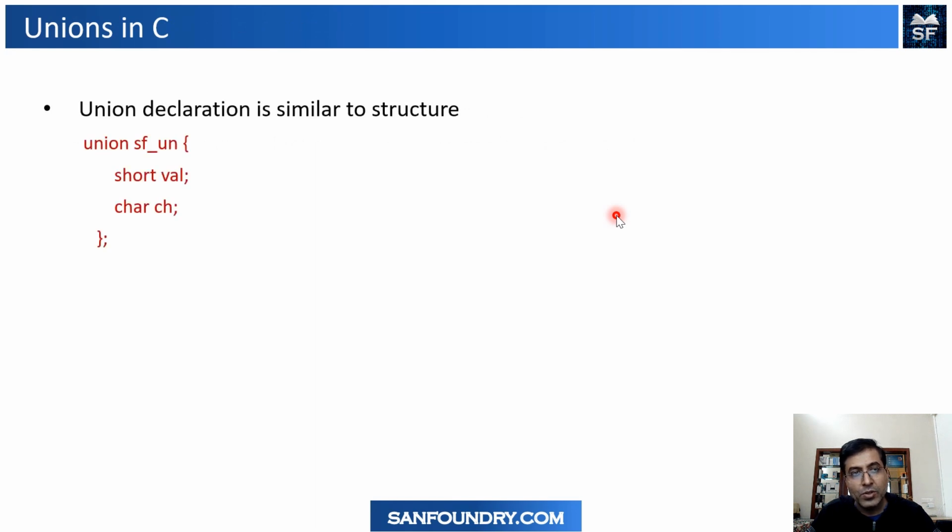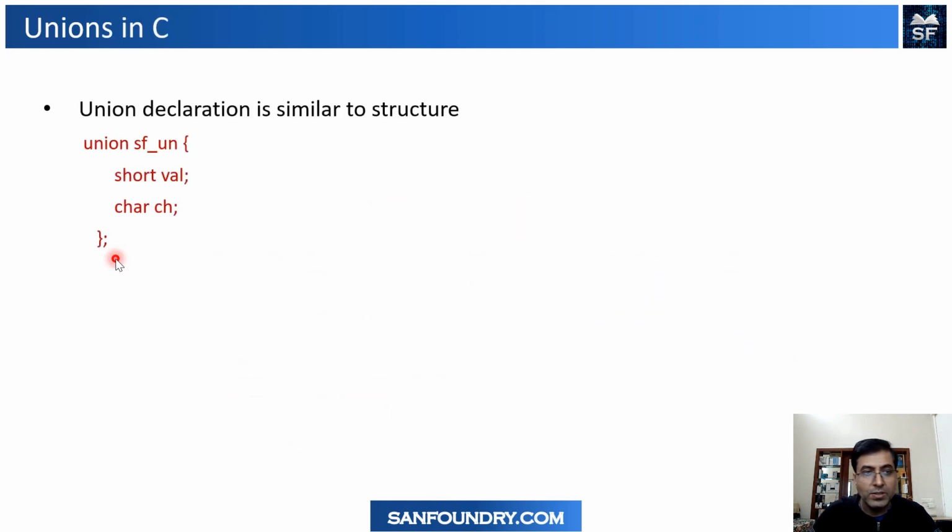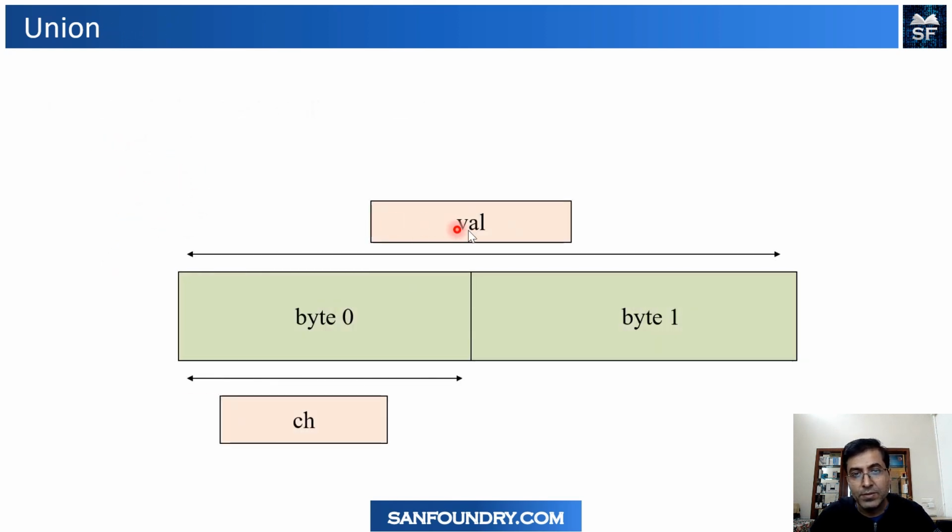Okay. So this is what we have already written. A union declaration is very similar to a structure in terms of the format and the style, right? But as I told you, they share the same memory location. So think about val and ch. Val is a value which takes 2 bytes. Remember, it's a short, so it takes 2 bytes. And ch is a char data type, it just takes 1 byte. Both are at the beginning of this memory location, the lower address, and any one of them will be accessing this at one time. That's key to know.